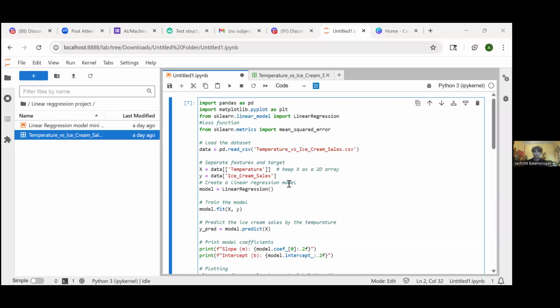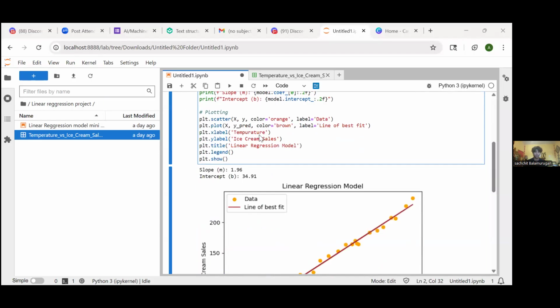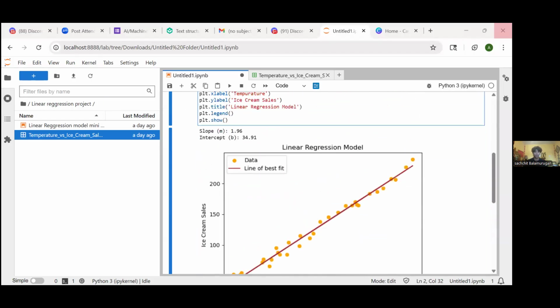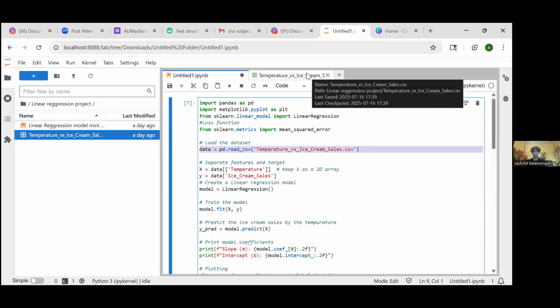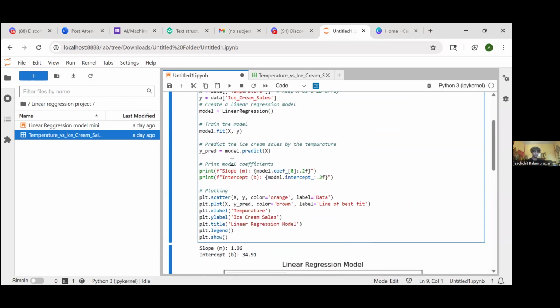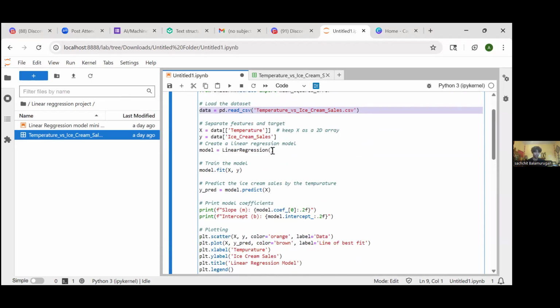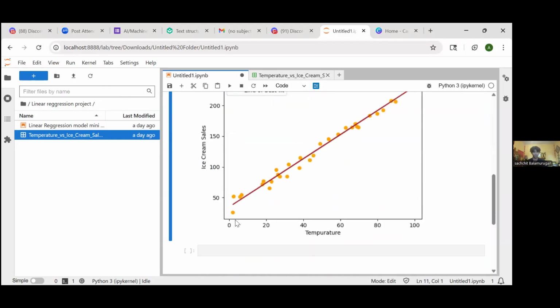Okay, guys. So you can see this is my graph over here. I used a linear regression model. This line of code loads the data set, and this line of code is the x and y axis.